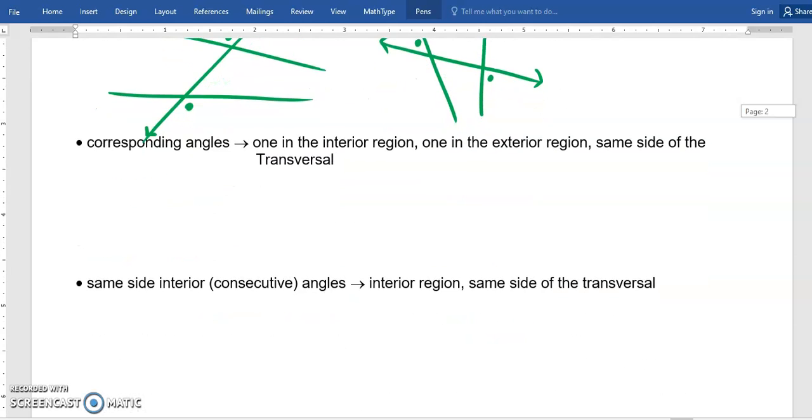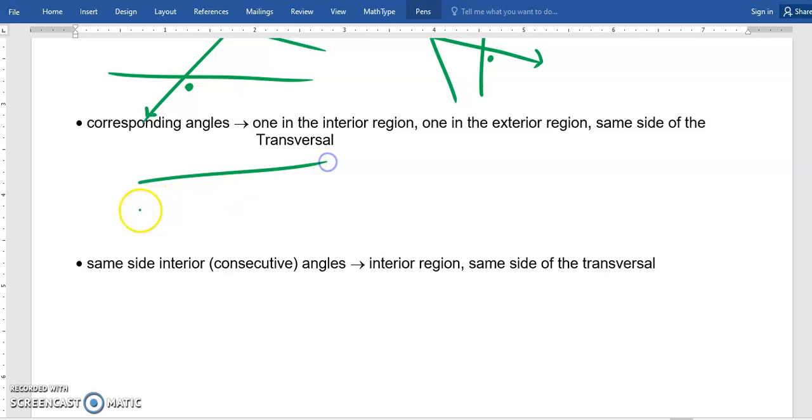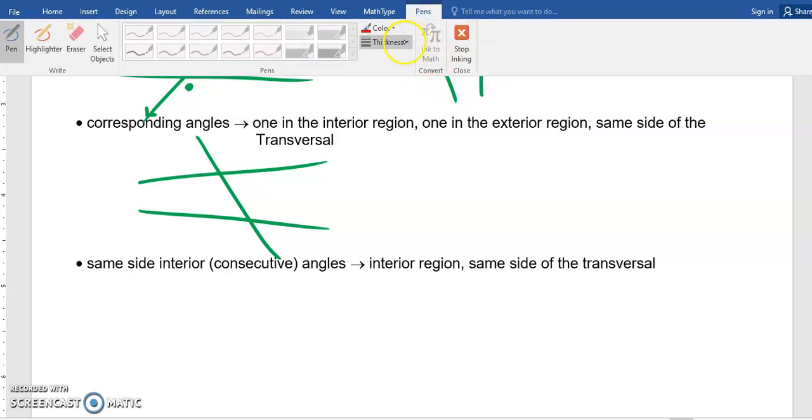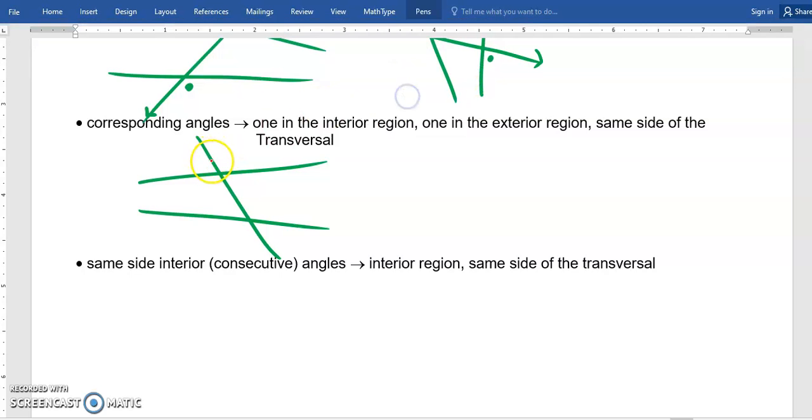Now, corresponding angles. So again, we're always talking about one from each set of the intersection. One from this intersection, one from that intersection. Corresponding: one interior, one exterior, same side of the transversal. Now, to me, that's a little bit confusing or just a lot of words. I sometimes also talk about it as the same relative position